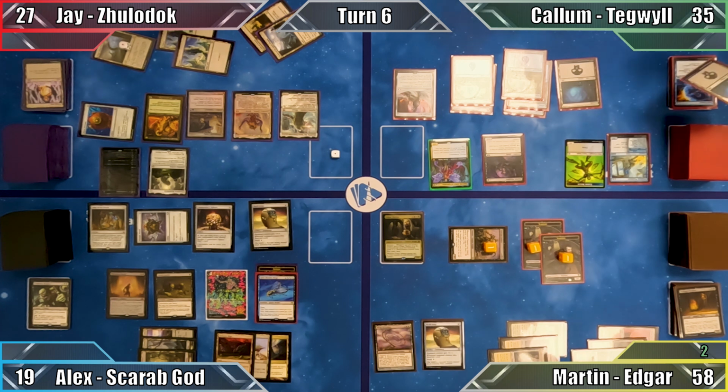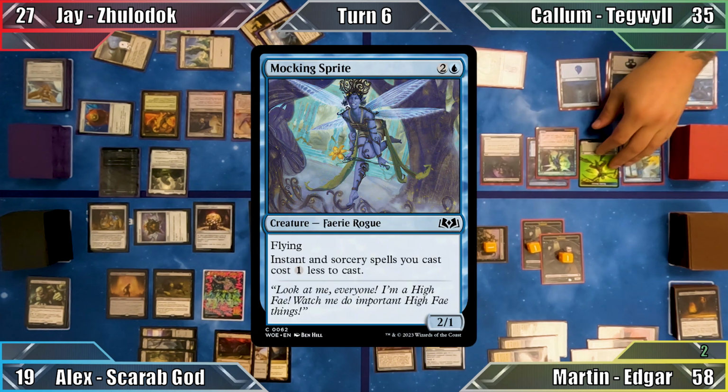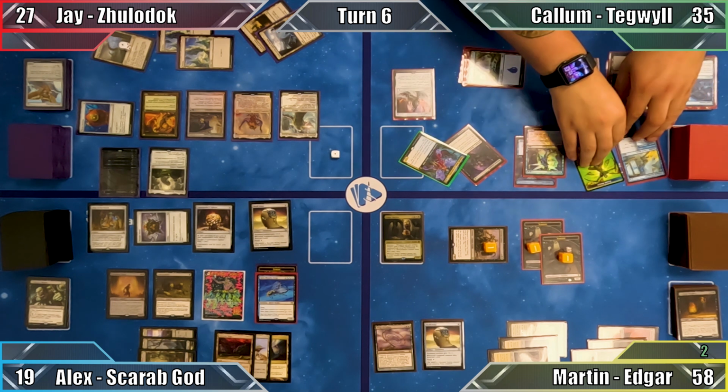Callum once again chooses not to reveal the top card of his library with his Horn, and plays a Swamp as his land for turn. Next he casts Talion's Messenger, closely followed by Mocking Sprite. So many fairies. Moving to combat, Callum attacks Jay with all of his creatures that are able to do so,